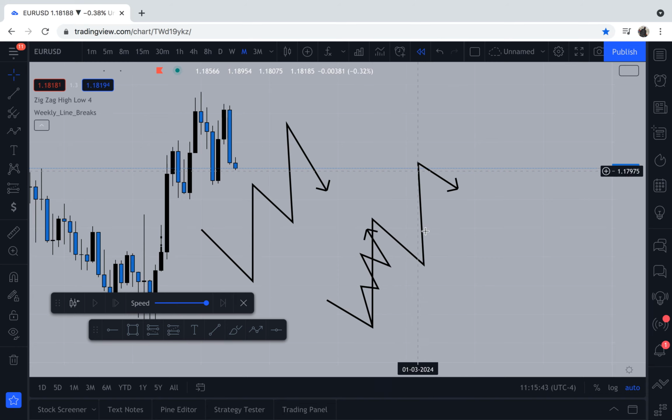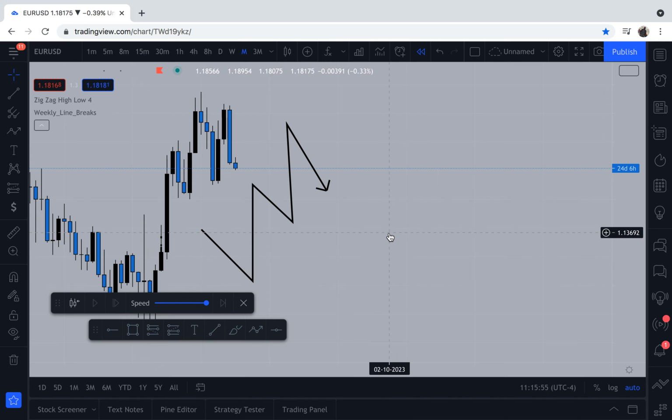So let's say the bigger time frame is a 4 hour, and this smaller zigzag line or uptrend would be like a 30 minute or 15 minute doing the same thing. But we'll usually see the bigger time frame doing this,